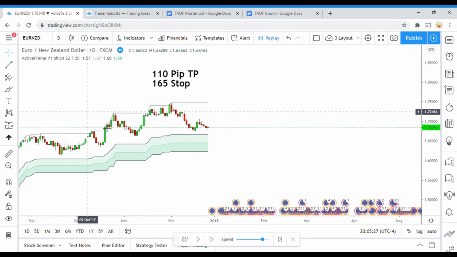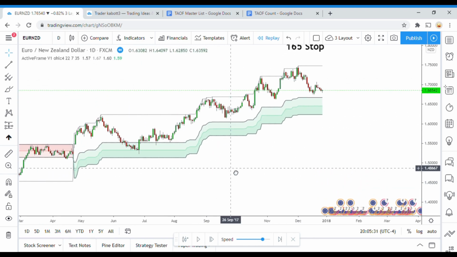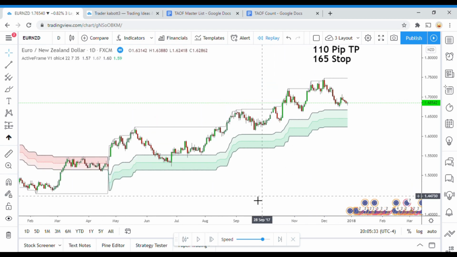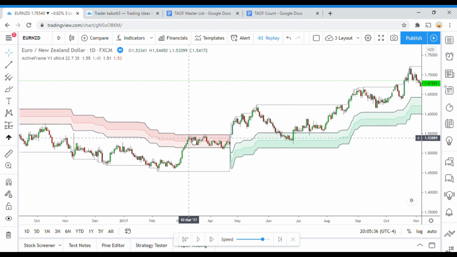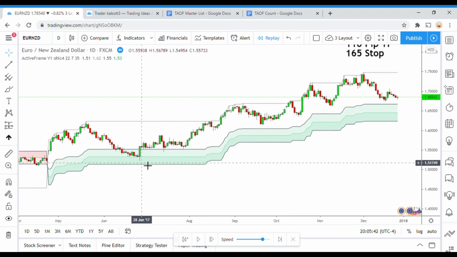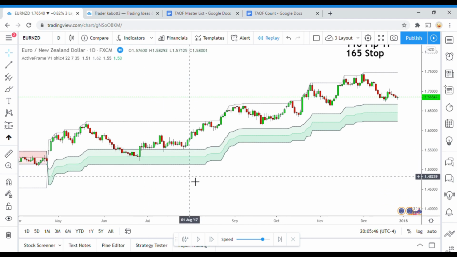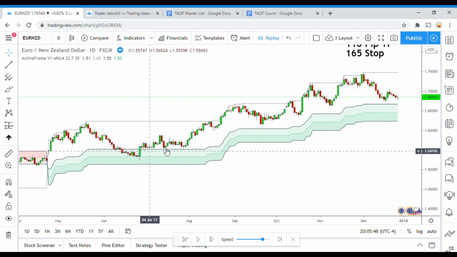Alright, today's indicator is the active frame indicator. You can see it here on the screen. A pretty simple setup here. So we have these zones here in red and pink, I guess I would call them, and these zones here in blue and light blue, like teal,